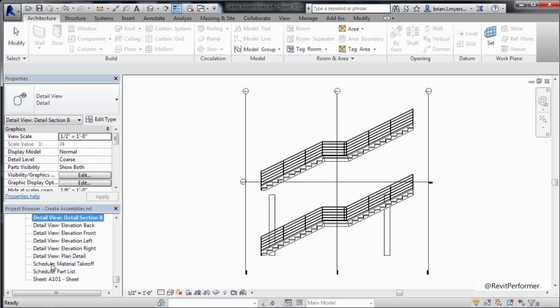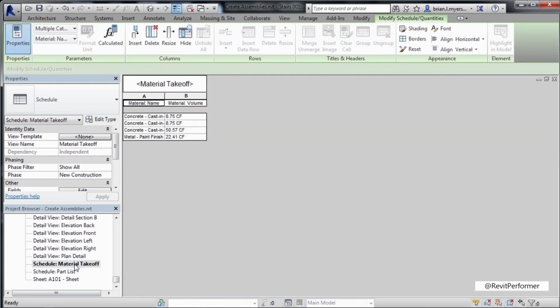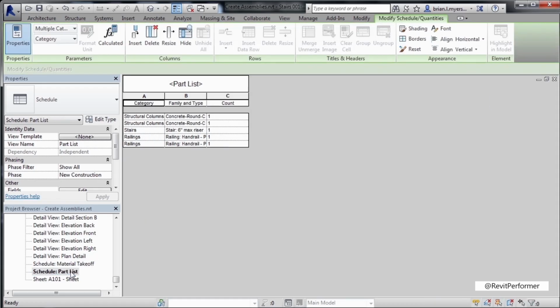Scroll down, we'll find the schedule material takeoff, which is a material takeoff of all the materials inside of the assembly. Double click on the parts list. It'll give us a listing of all the Revit families in that assembly. And it even has a sheet preset up for us that if we double click on it, it would just be a blank sheet, and then we can drag any of these views out onto the sheet to have a